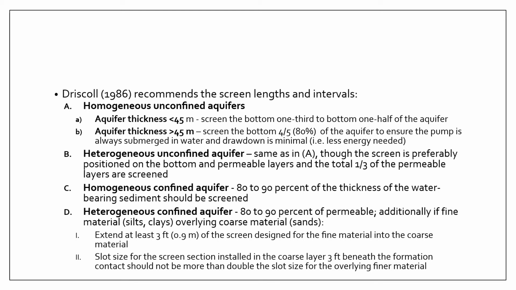Alright, now let's talk about the screen length and screen intervals. And Driscoll 1986 has the following recommendations. For a homogeneous unconfined aquifer, right? So let's say this is your aquifer and it is homogeneous. For an aquifer that is less than 45 meters in thickness, let's say 30 meters,